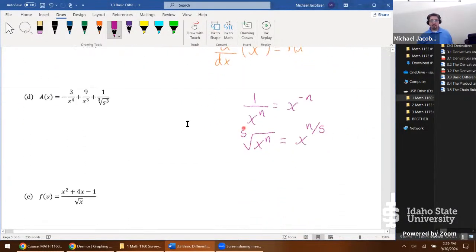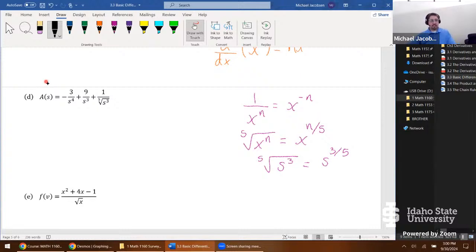So back down to this problem, that's got a lot of work we have to do on it, but this is, at the end of the day, what we're going to do. This is going to turn 5th root of s power 3 into s to the power of 3/5 in the end of the day. Well, we have a couple things to correct, and let's work out this in stages. I want to start with leaving the first two terms just the way they are. So A of S equals -3 over S power 4 plus 9 over S cubed plus 1 over,